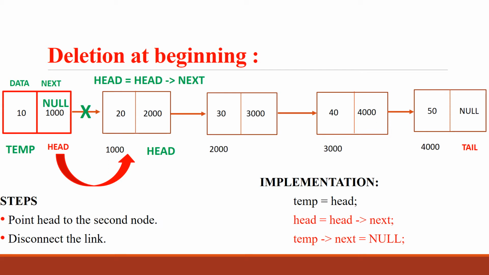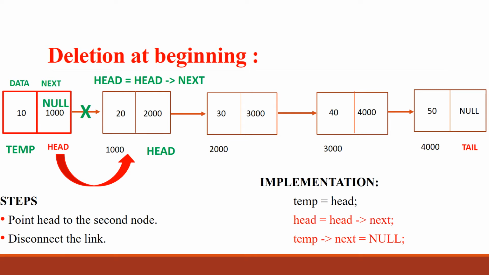For a deletion operation, we don't need any values, because only already inserted values can be deleted. For deletion, first we have to disconnect the link. Disconnect the link by placing the null value in the address field. A node can be disconnected because the elements occupy different locations, and we establish the link between one node and another by placing the address of a node in the present node.